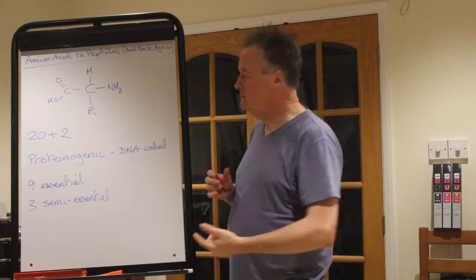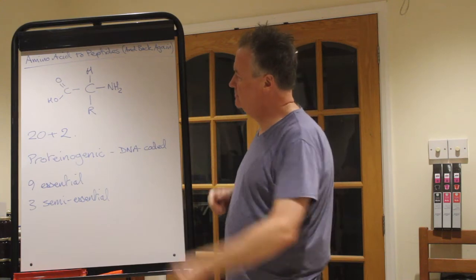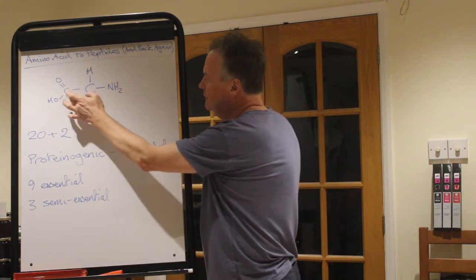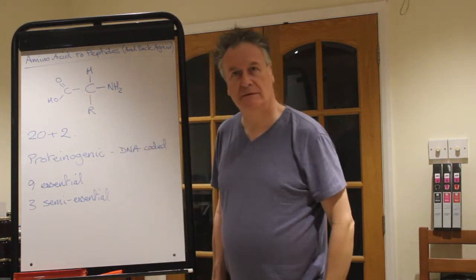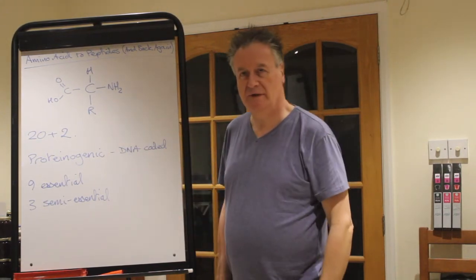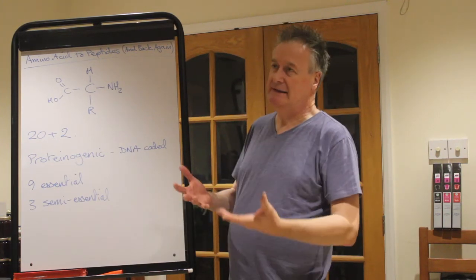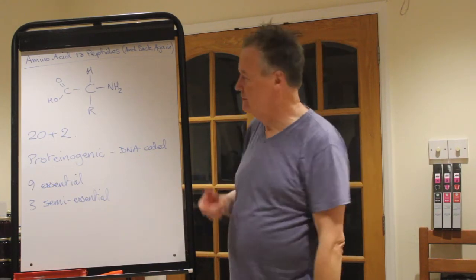Just a little reminder first of all, standard amino acid structure. It's called an alpha amino acid because those are on the same carbon. And this bit here, what is termed the R group, is the bit that changes to give you the different amino acids. Now technically there are hundreds of amino acids, but nature, which is where we always focus the discussions about amino acids,